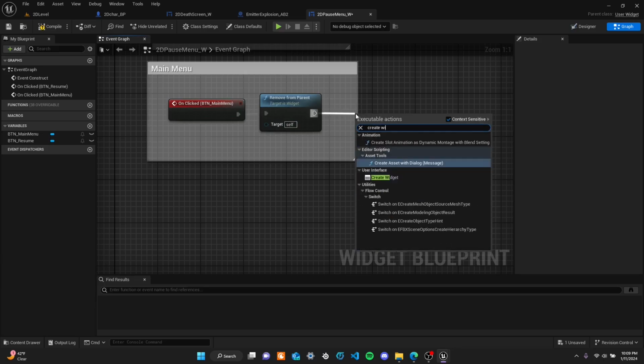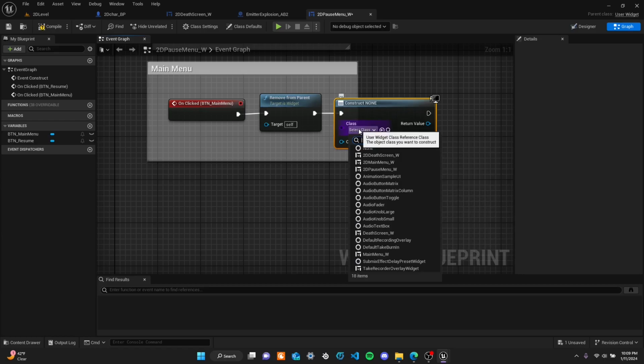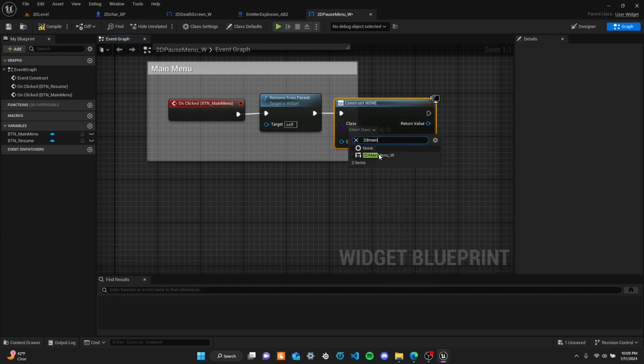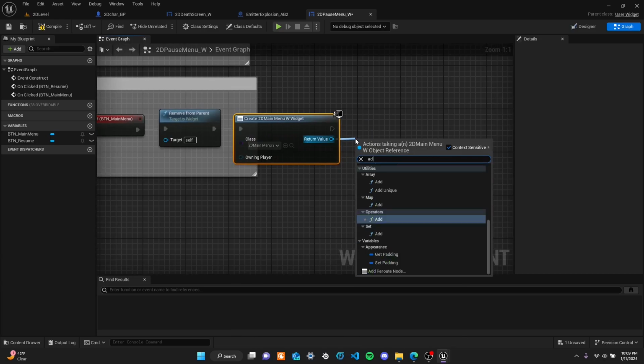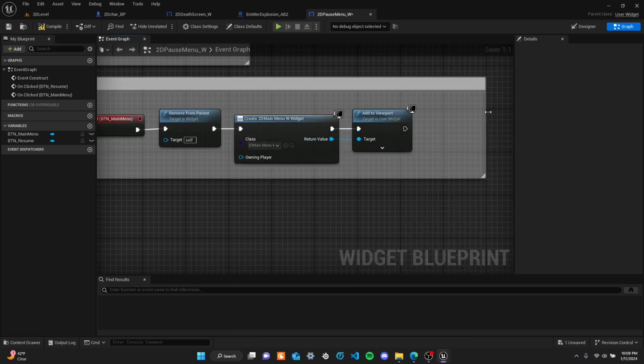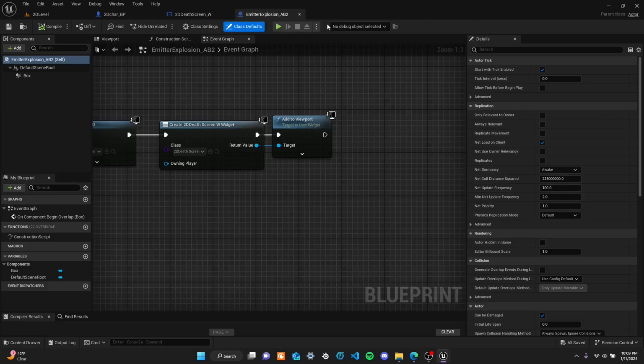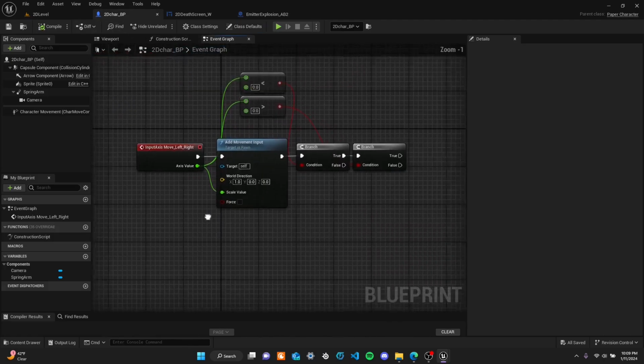And then we create our widgets. This is going to be our 2D main menu. And then we're just going to add it to the viewport. And we're done with the simple pause menu. Now, let's say we actually want to pause the game. So to do that,